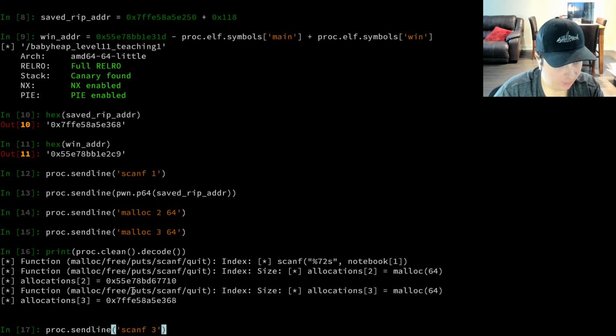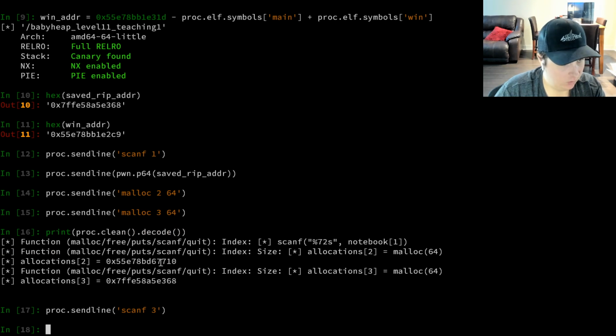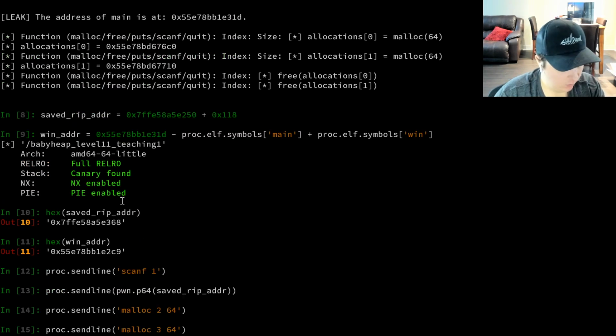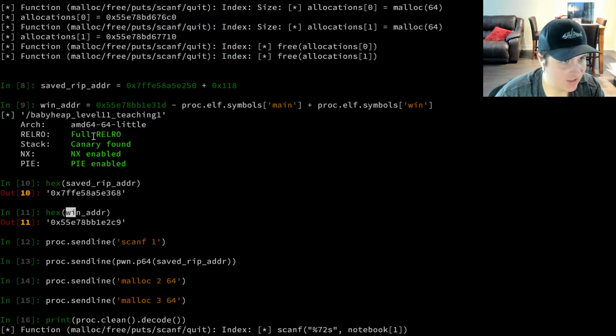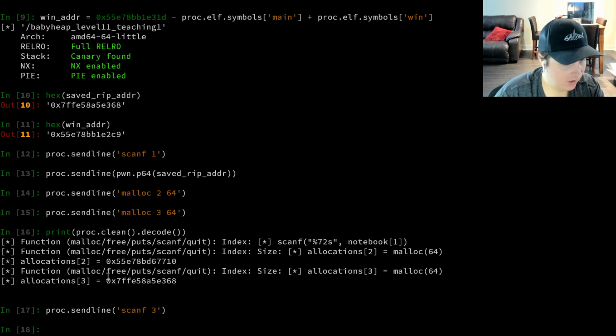So when we do scanf 3, we're getting ready to just start writing data to this address. And again, as I keep saying, this address is saved RIP based off of how we statically computed it in addition to the leak. So if we do scanf 3, now whatever we send next is going to be what we're overwriting saved RIP with. And of course what we want to send is this win address. Let me make sure this looks correct. Yep. Okay, so if we do proc send line pwn p64 of win address,